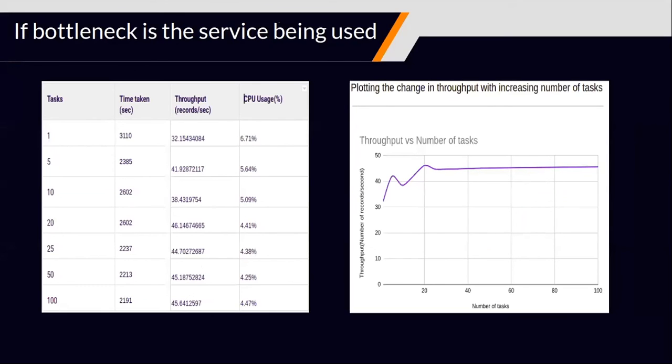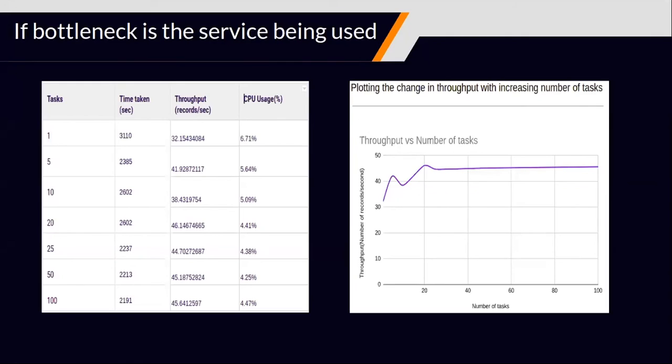Going to the next example, here we can see that when we run our connectors with multiple tasks, there is not much increase in throughput, which again makes no sense. And so this requires more investigating and a deeper understanding of the service that we are actually using, because here when we ran our connector, there was an external service which was being used, and after due investigation, we found out that the bottleneck was not in our application, but in the response time of the service itself.